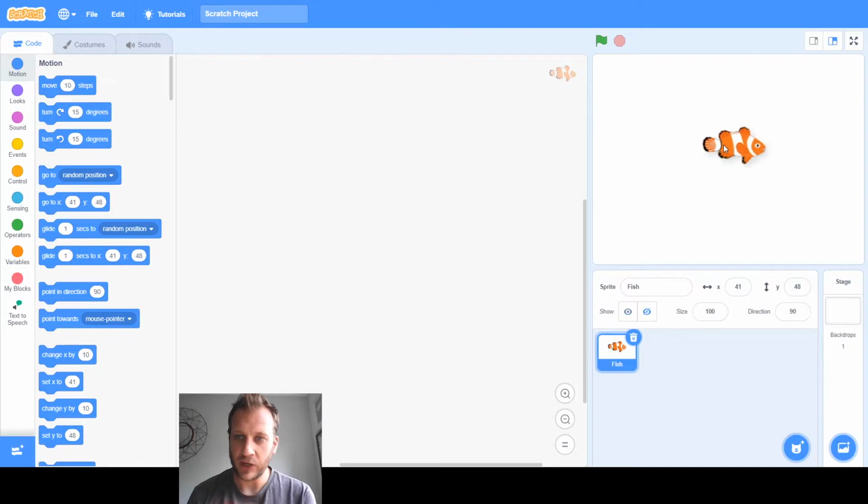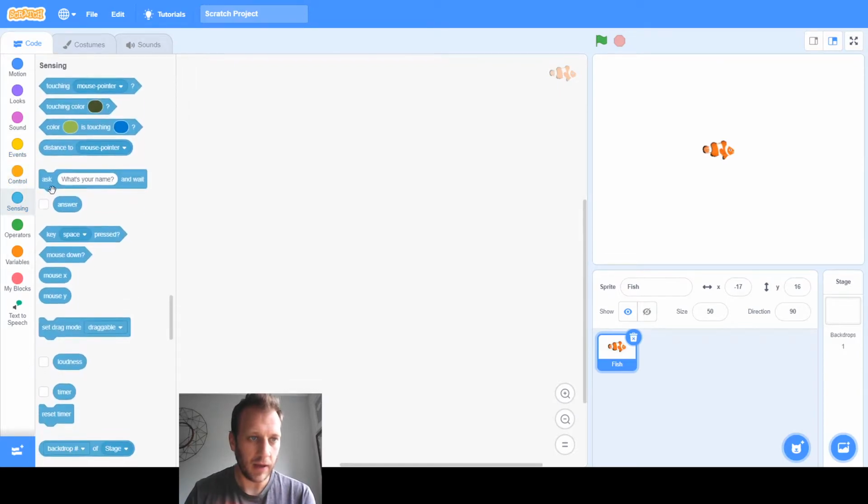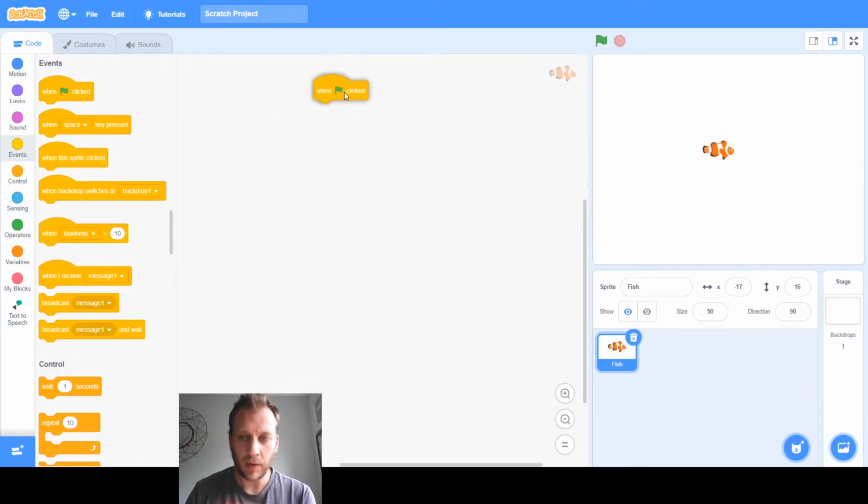So here's our fish. Now I'm going to change the size of my fish first of all. I'm going to change it to about 50% because if you add more than one fish, it gets very busy. So we're going to shrink it to about half size. Right, then when we start the game, in events, when the green flag is clicked, so when we start this program,